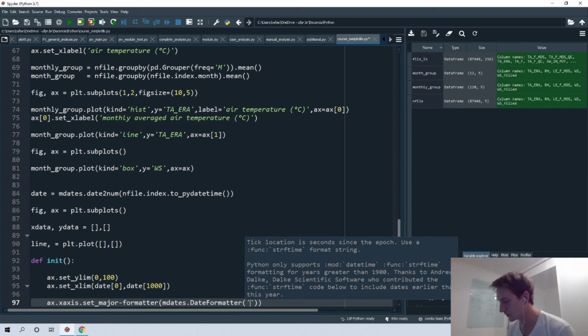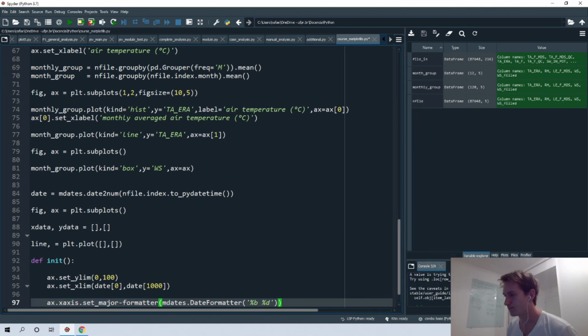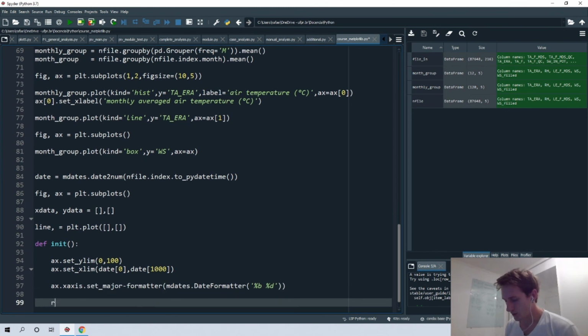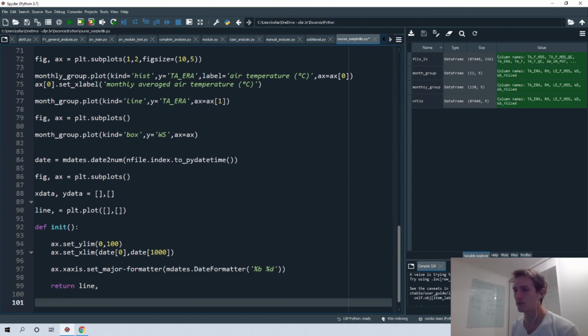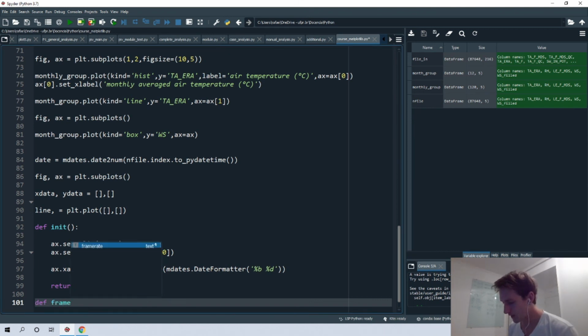So for example, here we can define the month as %b, I think, and the day as %d. Let's see. And then we must include a return line. Okay, the second function will be the frame. So frame, any,